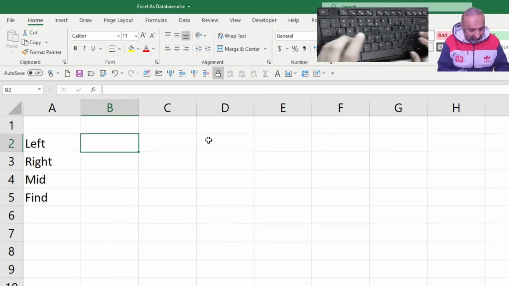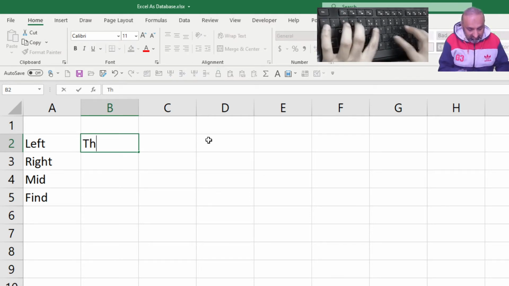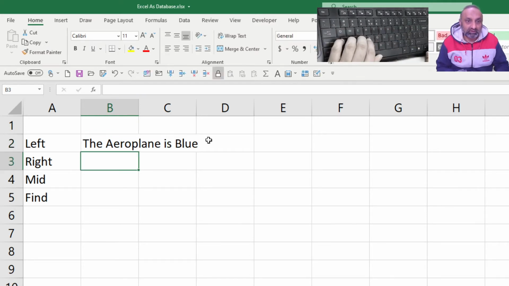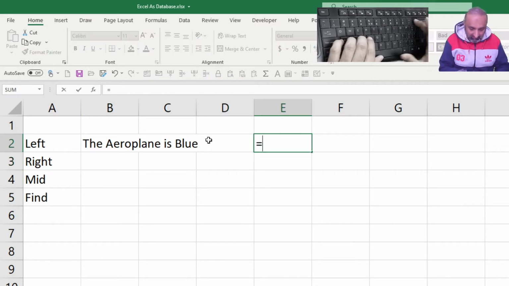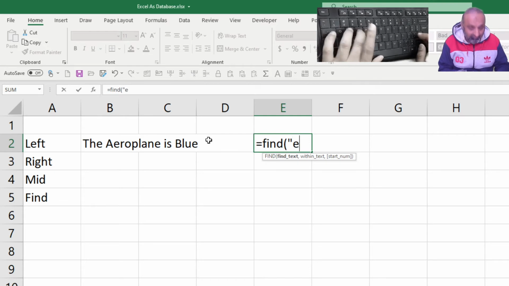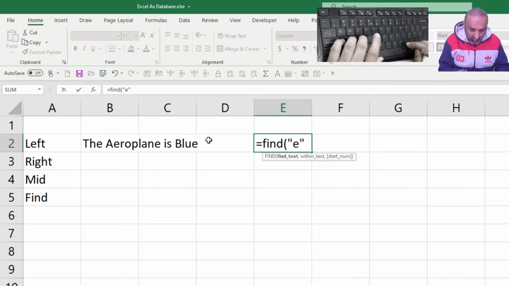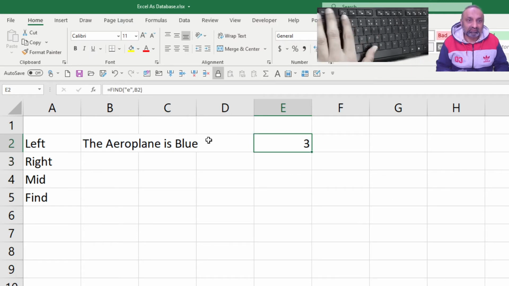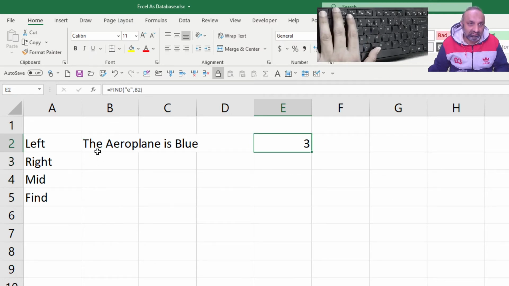For example, I have this: the aeroplane is blue. Alright, so if I say equal to FIND, I want to find E within this text B2. The answer is 3 because 1, 2, 3, this is the first E I have found.